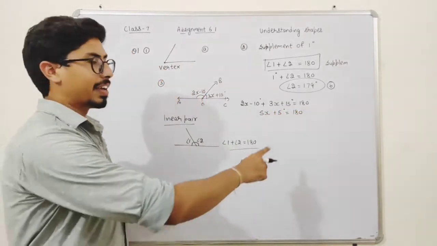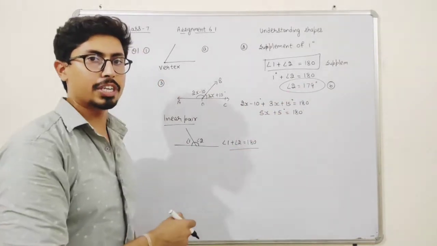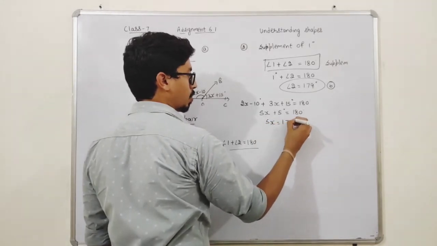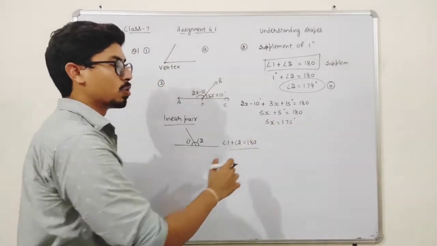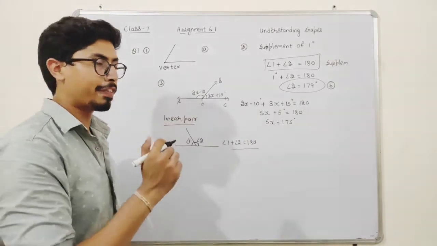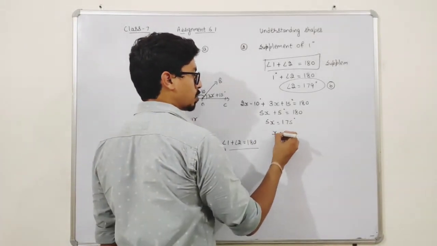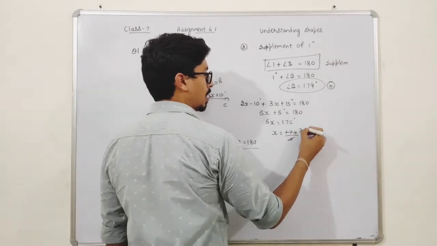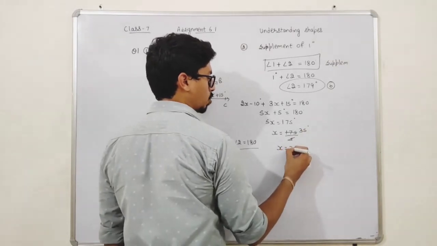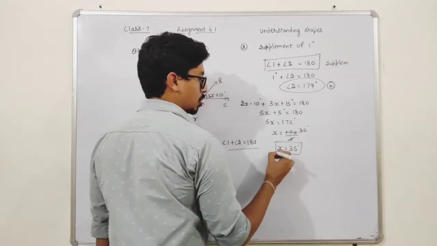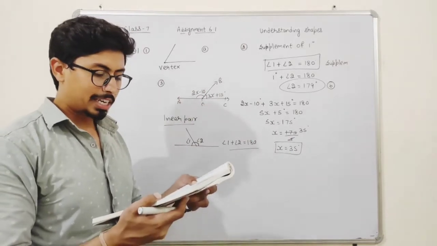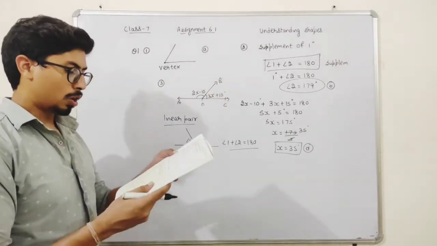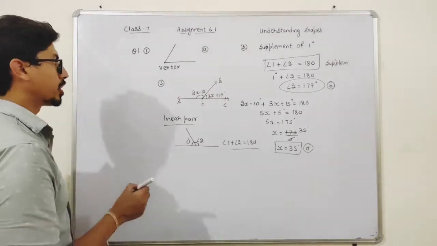Okay. See, 5 degree is in addition and when it goes here, it will be in subtraction. So 180 minus 5 will be 175 degree. Okay. Now 5 is in multiplication, when it goes here it will be in division. So x is equal to 175 upon 5. 5 threes are 15. That will be x is equal to 35 degree. Okay. So 35 degree is our answer. That is the part number D.